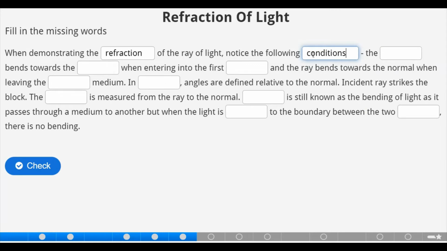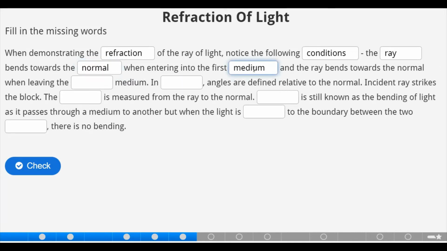That is, the ray bends towards the normal when entering into the second medium, and the ray bends away from the normal when leaving the second